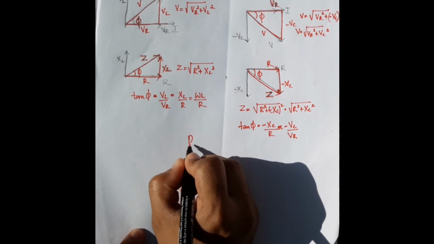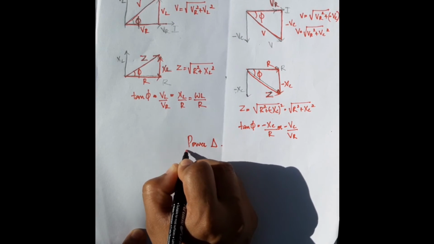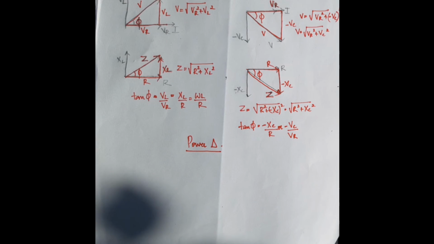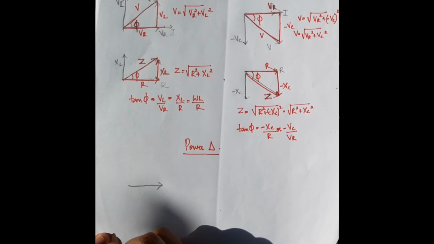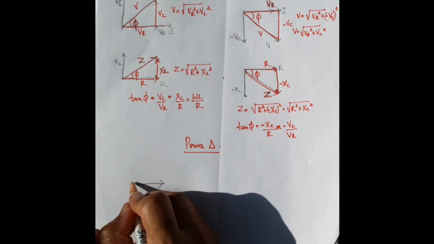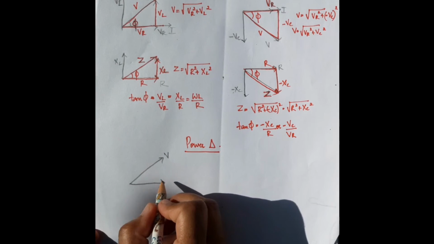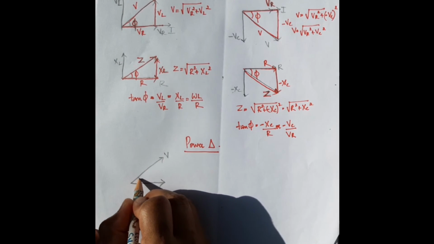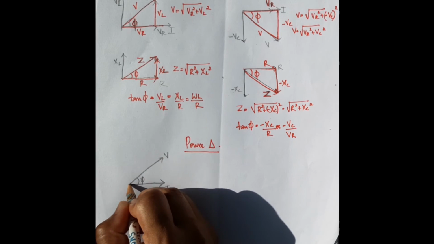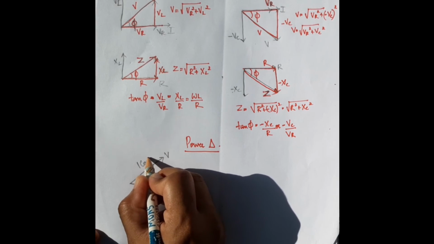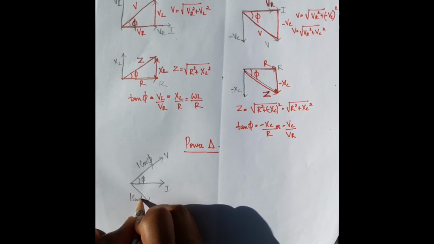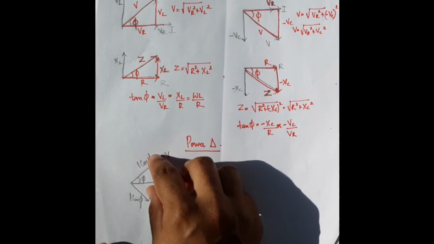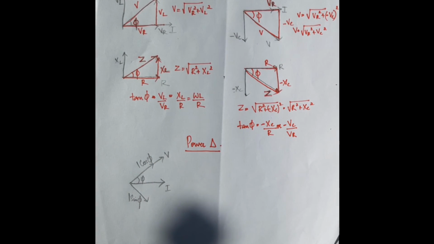So we found the voltage triangle and impedance triangle, which come with simple algebraic manipulation. Now let's see the power triangle for an RL circuit. Let's take the current I and the resultant voltage V, or the applied voltage V. Let's split the current I along the applied voltage, which will come to I cos phi, and the other I sin phi. Now let's make a triangle out of it.